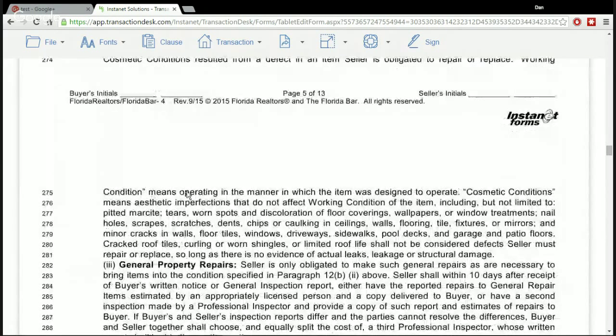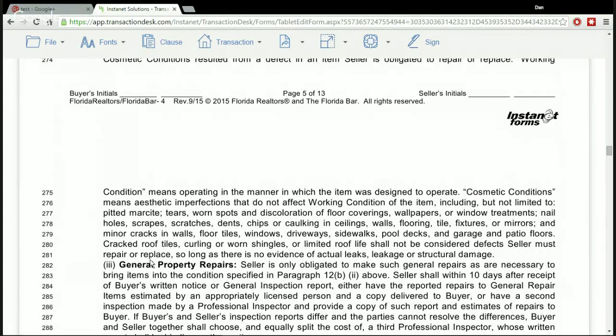condition. Working condition means operating in the manner in which the item was designed to operate. Cosmetic conditions means aesthetic imperfections that do not affect working condition of the item, including but not limited to pitted marcite, tears, worn spots, and discoloration of floor coverings, wallpapers, window treatments, nail holes, scrapes, scratches, dents, chips, caulking and ceilings, walls, flooring, tile, fixtures, or mirrors, mirror cracks in walls, floor tiles, windows, driveways, sidewalks, pool decks, and garage and patio floors. Cracked roof tiles, curling or worn shingles, or limited roof life shall not be considered defects seller